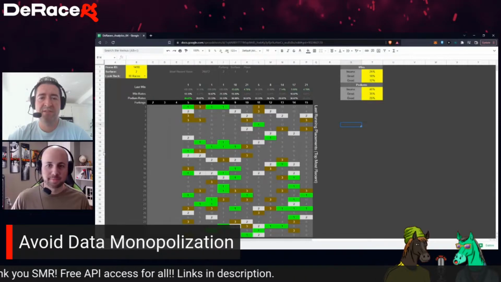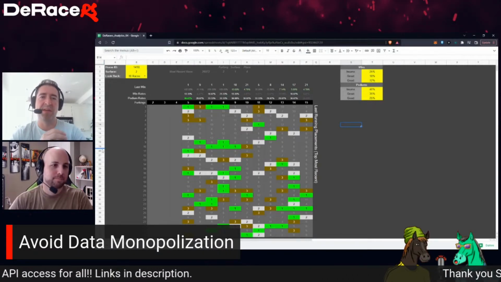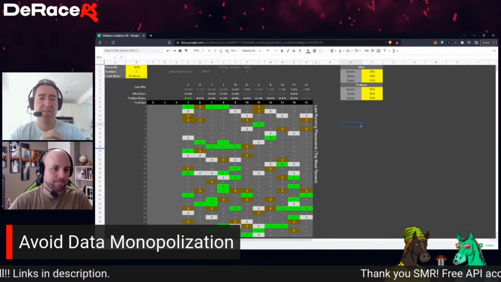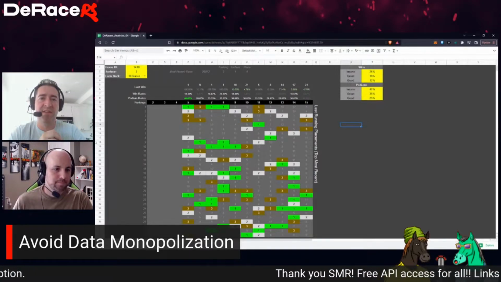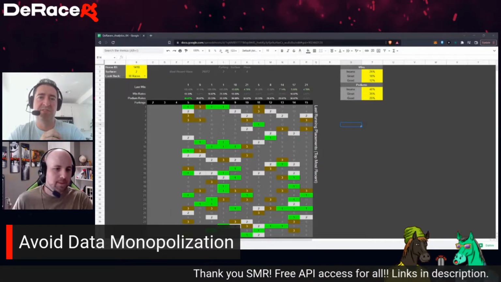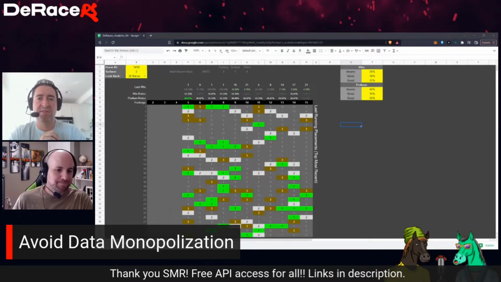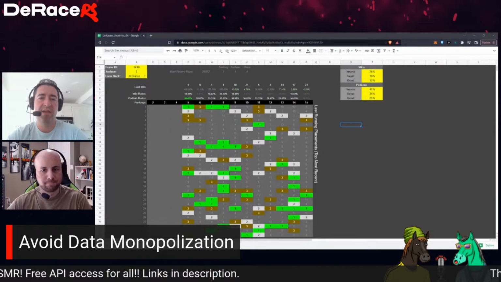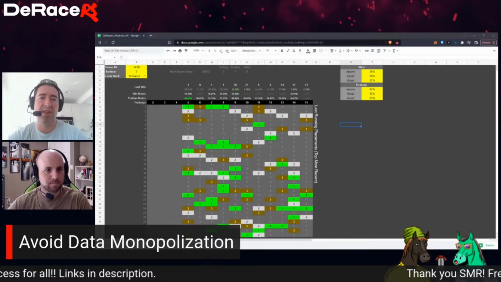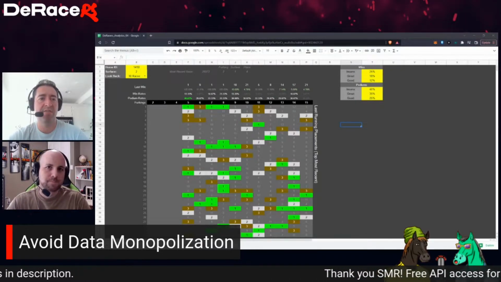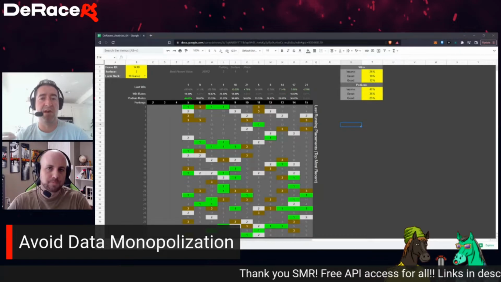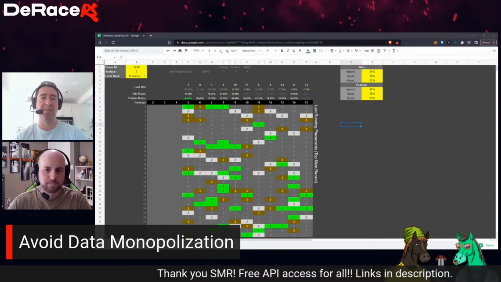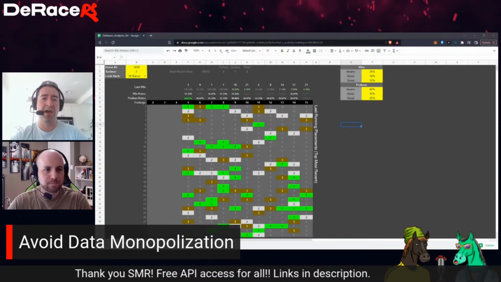Awesome. Well, that actually transitions us into what we want to talk about next, which is just making sure that we don't have a data monopolization situation. Something we found ourselves recently was relying on just one set of data or data scraping and access via APIs. And now that we have other people in the community being able to make that same data available, we want to